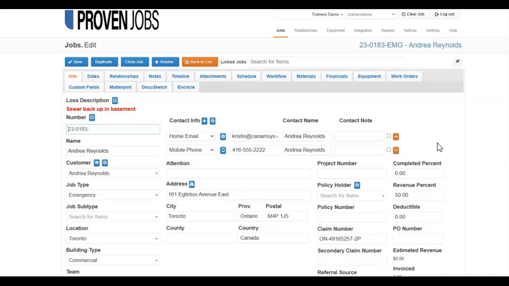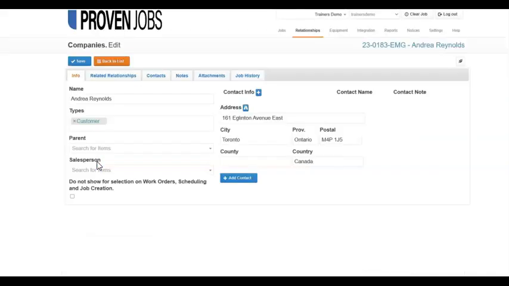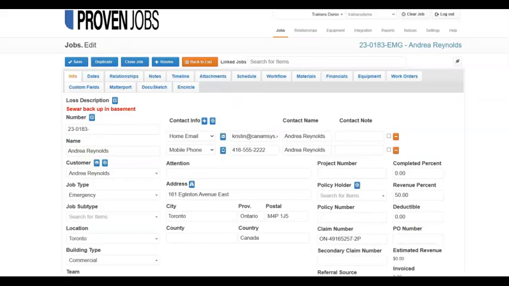To quickly review if the customer record has an email address, select the first icon next to customer, which will open the customer record. If an email address is not on the customer record but is on the Job Info tab, users can select the second icon next to customer,